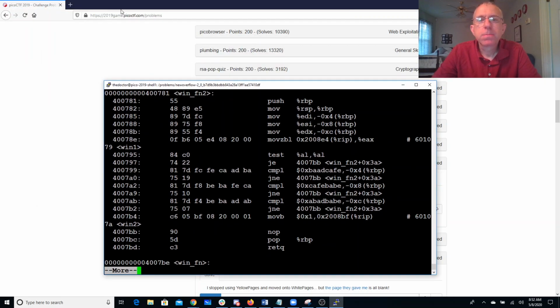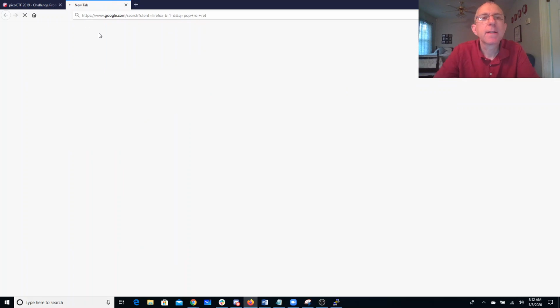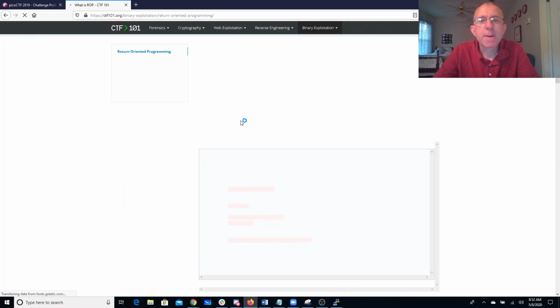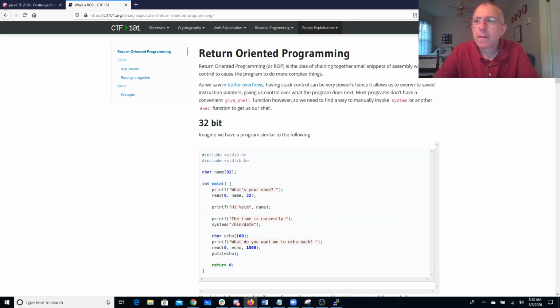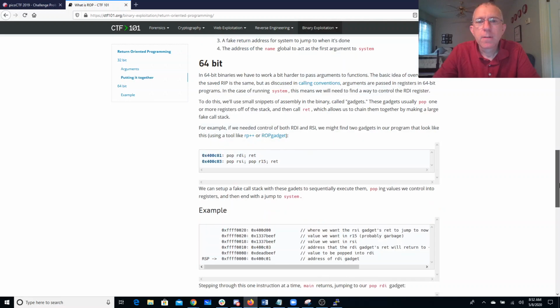So if we were to look for like pop RDI ret, there's a nice article on what is ROP. Right, so we would want to use something like ROP gadget to find these things. And we're probably not going to be able to find them in such a small program. We could find them in libc. Libc is going to be randomly moving around each time the program gets loaded, so that's probably not going to